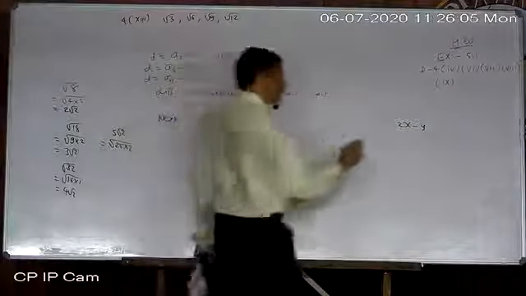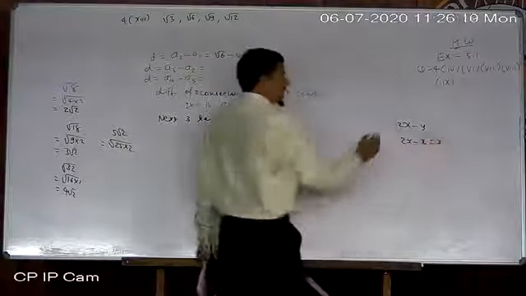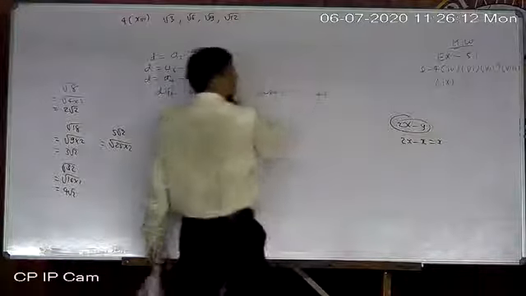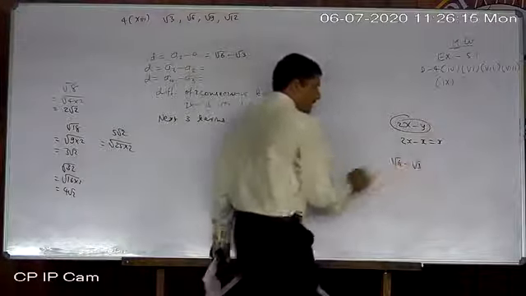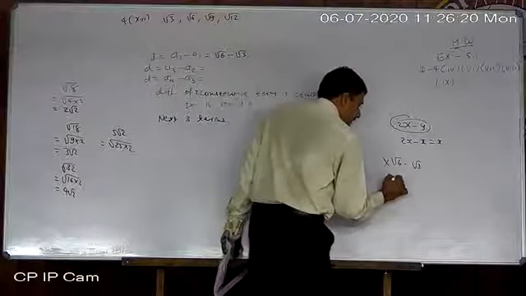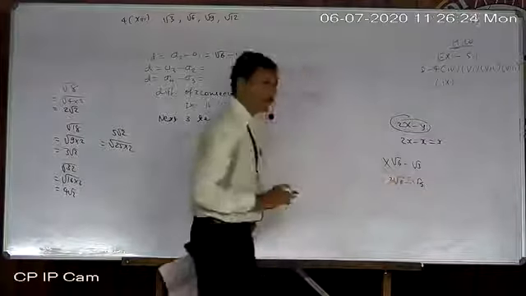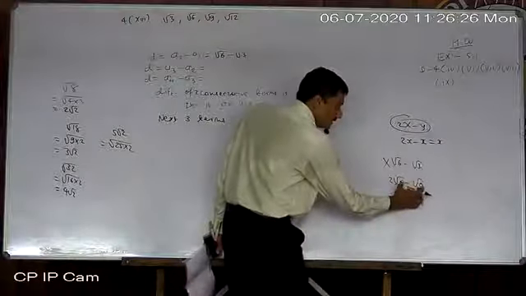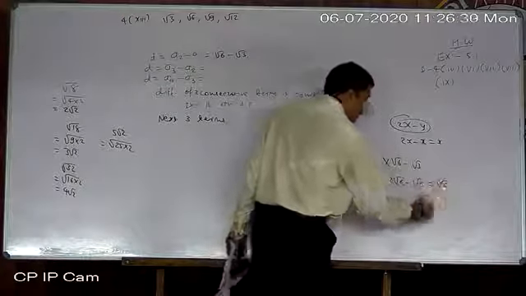But if you are given 2x minus x, then you can say it is x. But these are unlike terms. In the same way, if there is root 6 minus root 6 like this, then they are unlike terms, not possible. But if you are given root 2 root 6 minus root 6, then they are like terms. This should be equal, just like x. Then only you can write it is root 6.